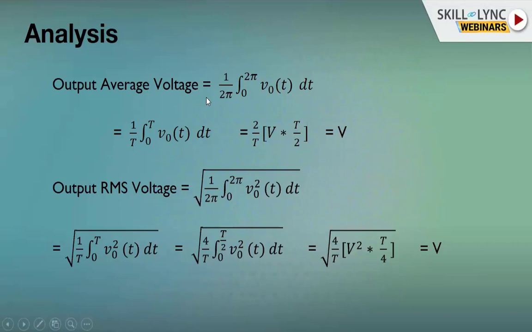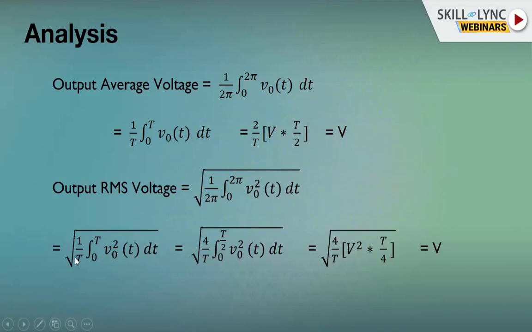The other concept we have to know with respect to the inverter is the RMS voltage, the output RMS voltage. Root mean square voltage, as the name indicates, is the square root over the mean square value. Square the curve, take the mean of it, and then take the square root. Mean is nothing but the average of a squared waveform, so the whole waveform has to be squared. Other things remaining the same, instead of 2 pi, we replace it with T, because for the explanation we have taken one time period T. So it is 1 by T, integral from 0 to T, V squared dt.